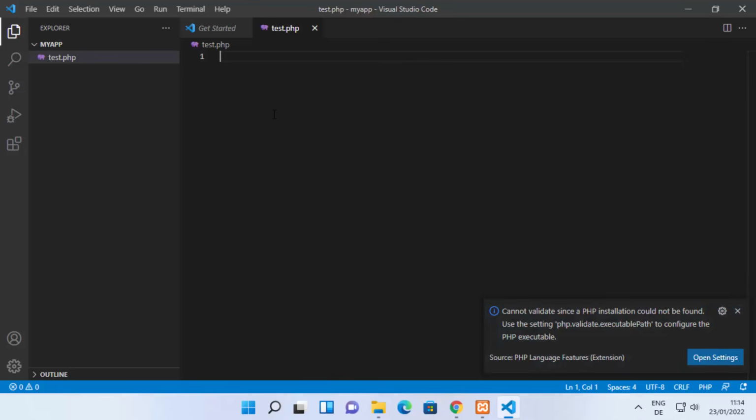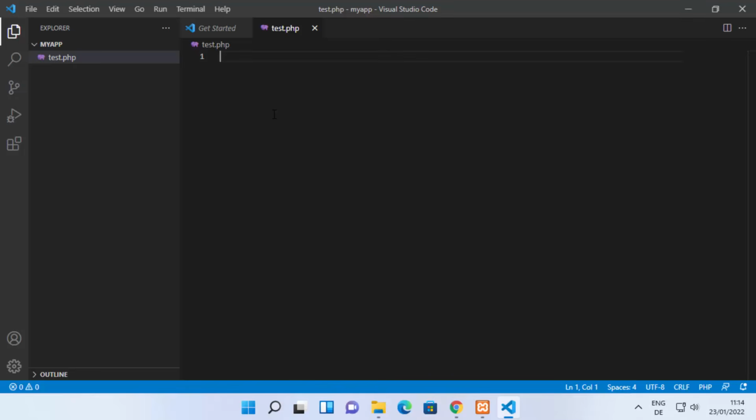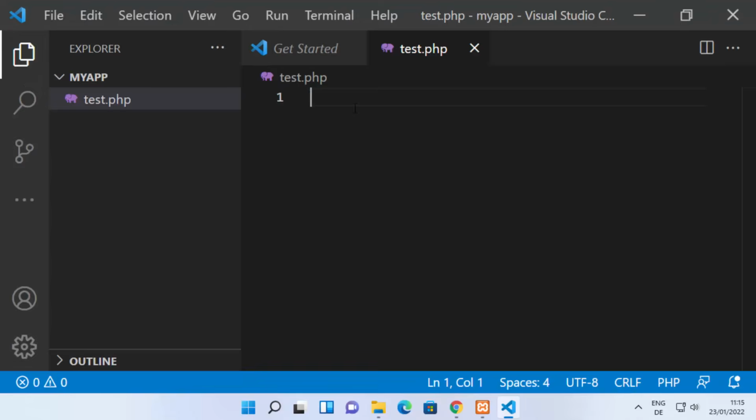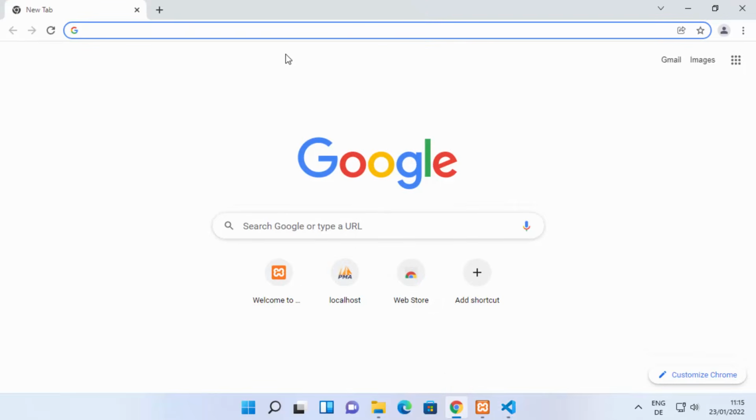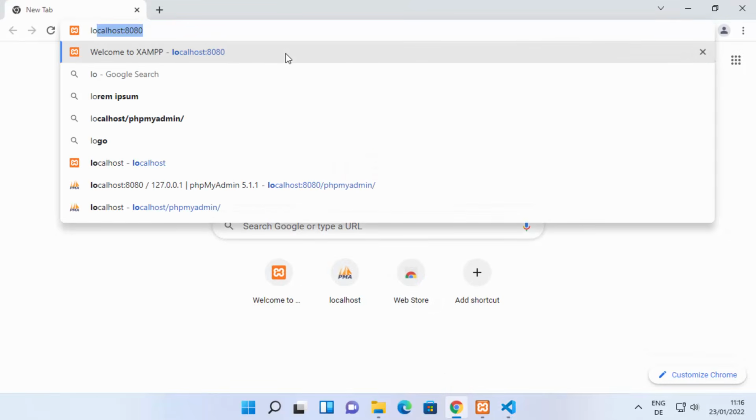So we are using right now Visual Studio Code as just the editor, and everything will be taken care by our Xampp server. So here you can just write a very simple PHP hello world program like this, which just prints hello world in order to test whether it's running or not. And once you are done, just save your file, and once the file is saved, we can go to our browser and then just type